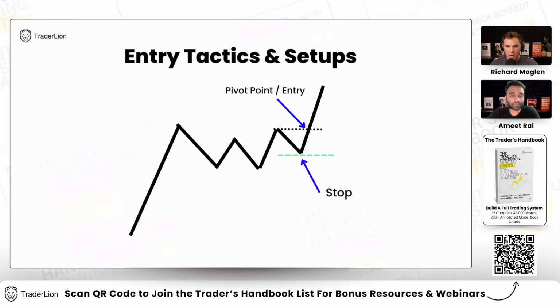And we've got a nice graphic here. Again, these are entry tactics. They allow us to define our risk within an overall setup, within an overall strong stock. You could picture this being a stage 2 uptrend. This is just a base within that. And then you've got a higher low break above this pivot before the base pivot. This is your entry tactic. Buying here, setting your stop at the low of the day, low of the week, higher low, a moving average, whatever it might be. You've got a clear technical level that says the trade fails. And this distance between your entry point and your stop loss is the amount that you're risking.